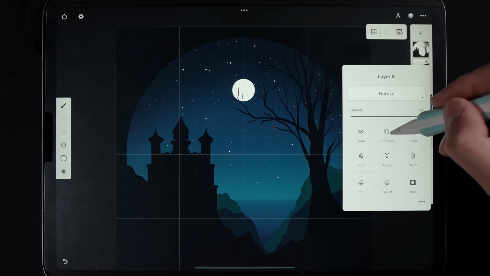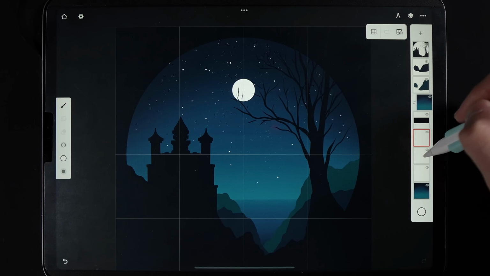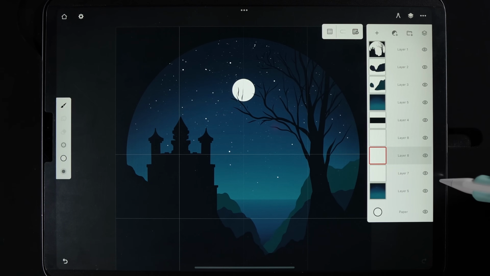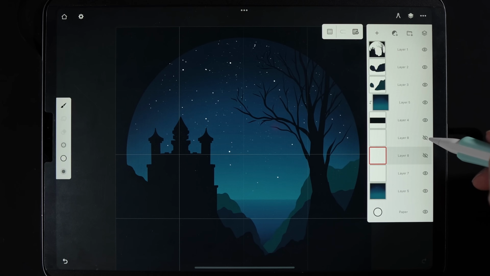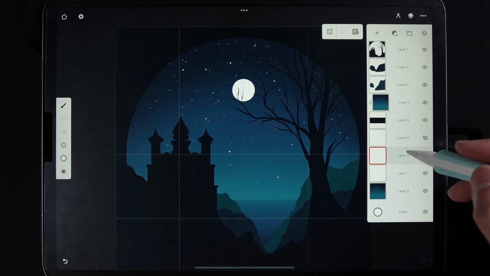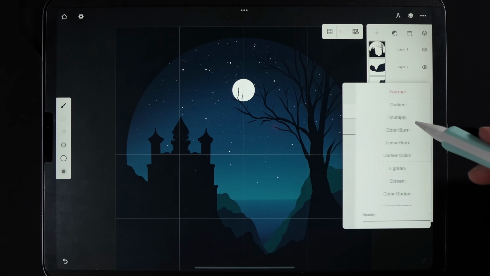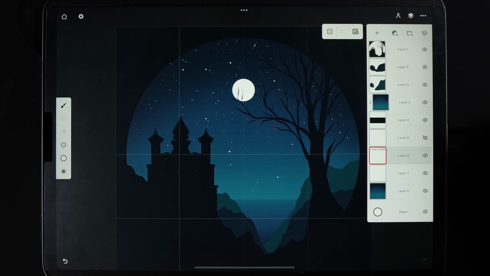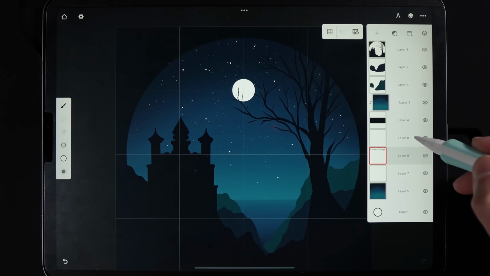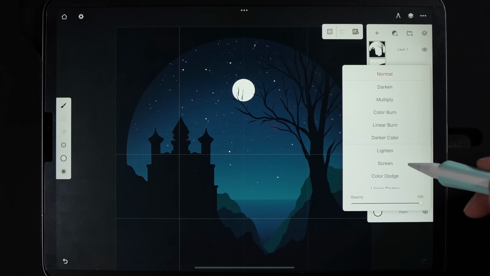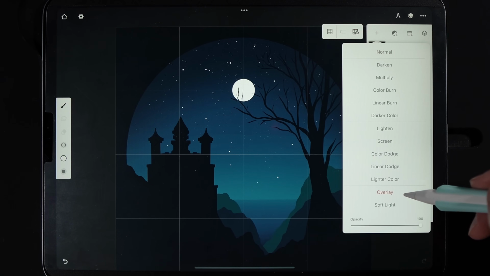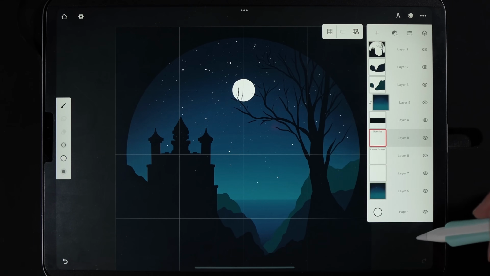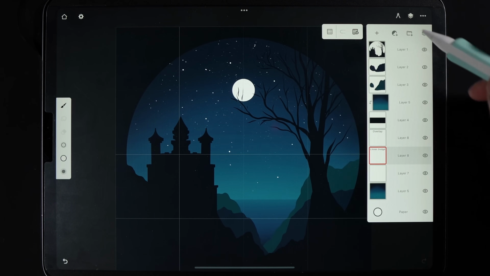Then tap on the layer, duplicate it. And then if we bring them out for a minute, the bottom one of the two, turn them both off and you'll know where you are then. So if I turn on the bottom one of the two, tap on the layer and change its blend mode from normal to the option of linear dodge, I'll tap away, nothing will have changed yet. Then turn on the top one, tap on that and change its blend mode from normal to the option of overlay. Now, nothing again has changed,